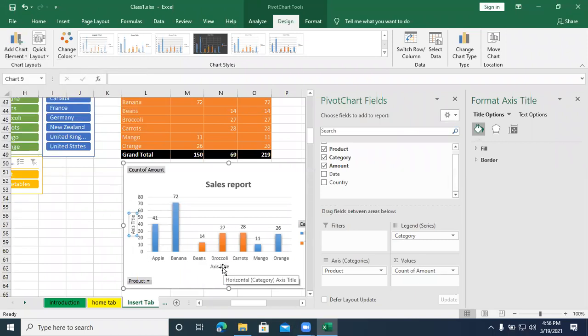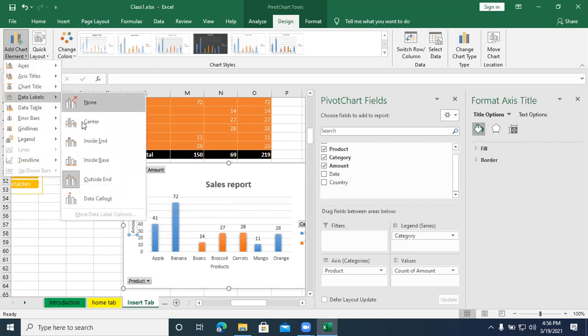For both I have inserted horizontal and vertical. So for the horizontal axis, I just give the title as products. For vertical, I'll give amount. This is the axis title.